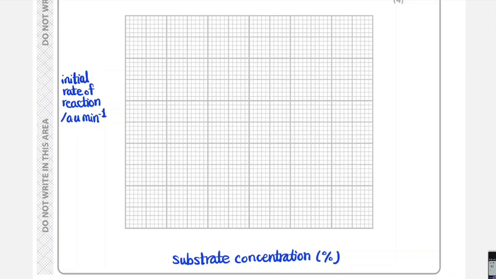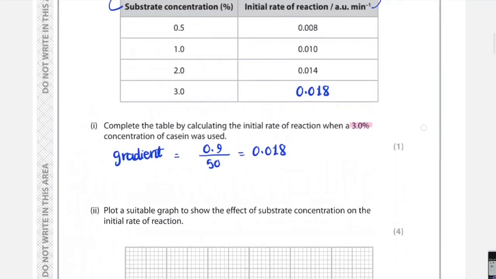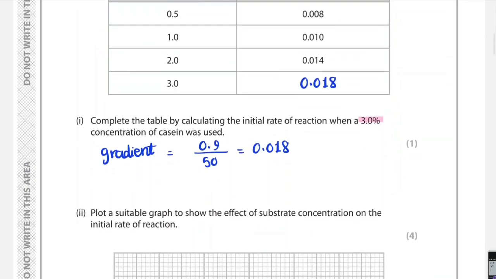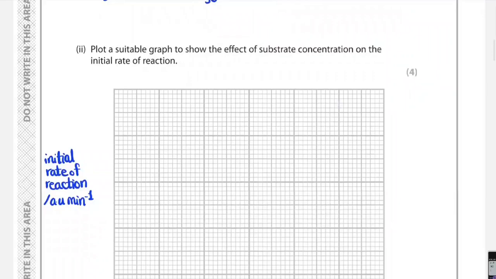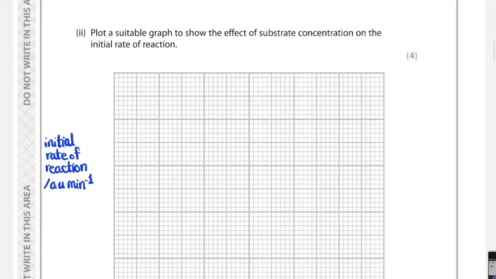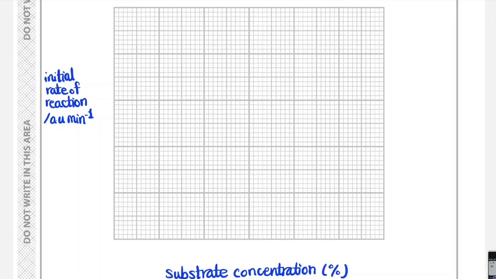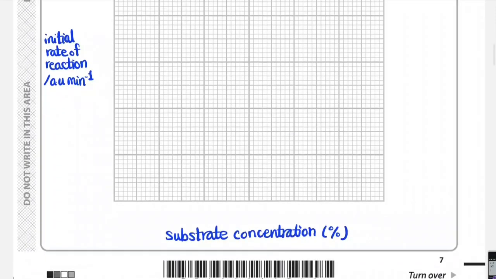Now we can set a suitable scale for the x and y-axis. Looking at the substrate concentration, it could be 1, 2, 3, 4. This is a great difference between them, and it's gonna help me fulfill all the points required, and also fill up a large space of the grid. So you can start with the 0 here,